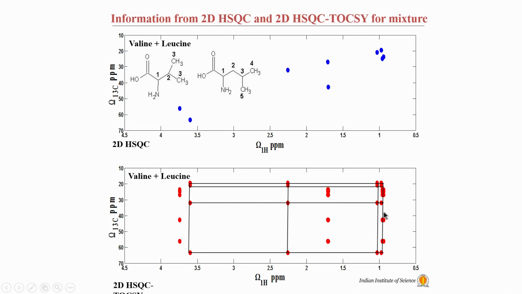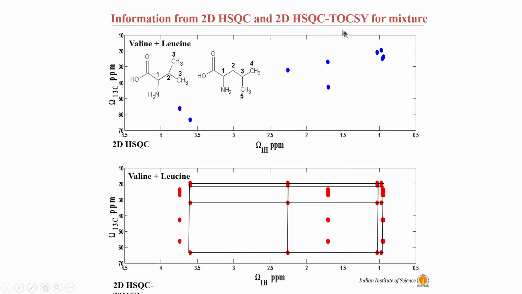Then these two peaks were connected to this peak here and a peak here. So, you can see that this family or this set of protons are actually connected to each other and they form the spin system. Spin system is basically a network of connections between protons to each other. Now, what is the advantage? Another advantage we have is that we also get the carbon chemical shift on this axis, which earlier was not possible from a regular HSQC, from regular TOCSY.